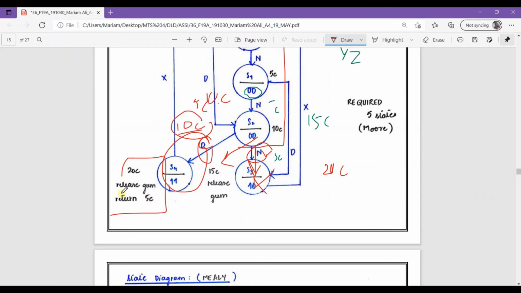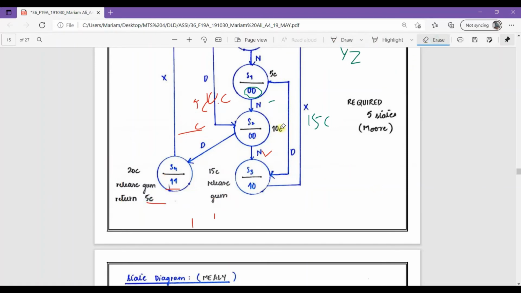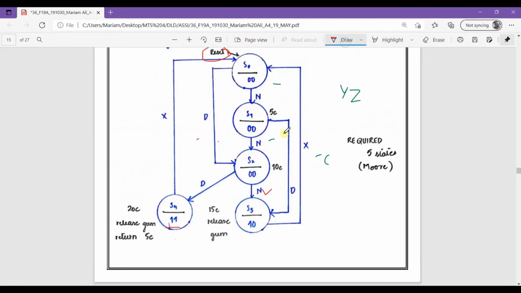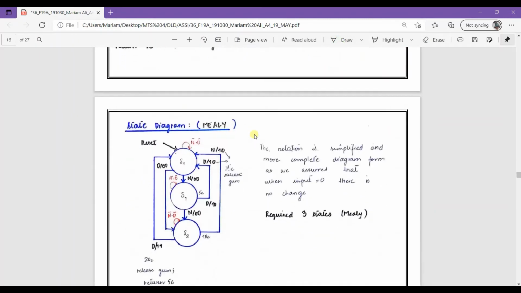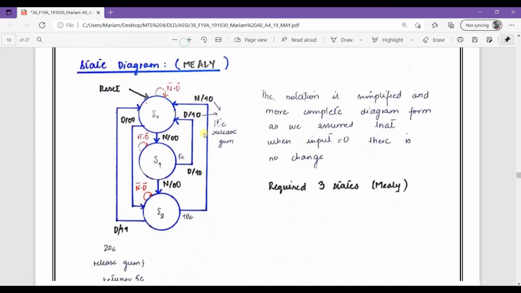So here, as you can see, 1 1. So 1 1 means we return a candy, and a change of 5 cents will also be returned. So this is how this whole circuit works, and as we can see, it represents 1, 2, 3, 4 and 5 states. The Moore machine requires 5 states.